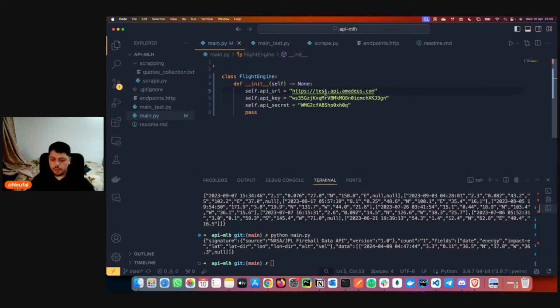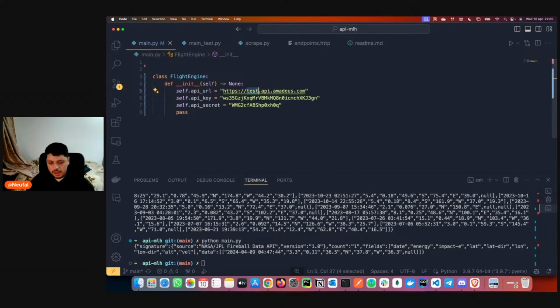This one's for development. The other one will be for production, for making real flight reservations and all that stuff. For that, you need access. You need to submit a request to say, hey, I want to make this website and I want access to real-time data, whatever.